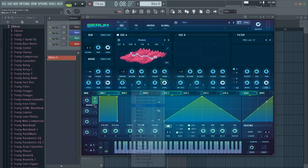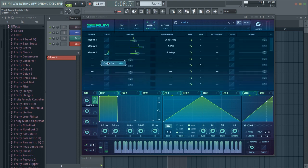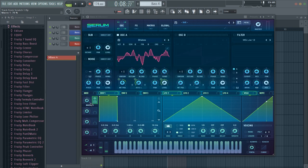And then I want Bend Plus in there. I believe Bend Plus is the one that squishes it. Yeah, Bend Plus kind of squishes the frequency together. But I'm going to change the bend on this, which I believe I did for the other bass as well. That just makes it so that way